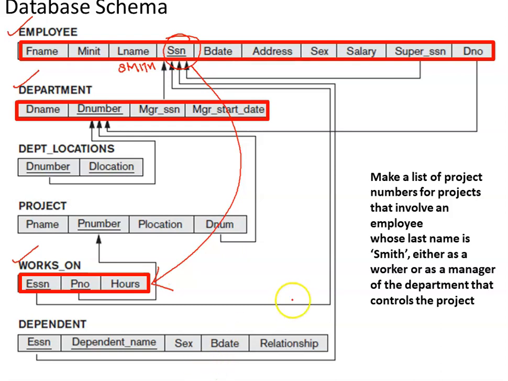The second part is that we can have a join operation between the employee relation and the department relation. When we have a join between the employee and the department relation, based upon the join attribute, that is manager SSN and SSN of the employee relation, we will get to know which employees are working as managers. Then from the output of this join operation, we will pick up those tuples where the last name is Smith.